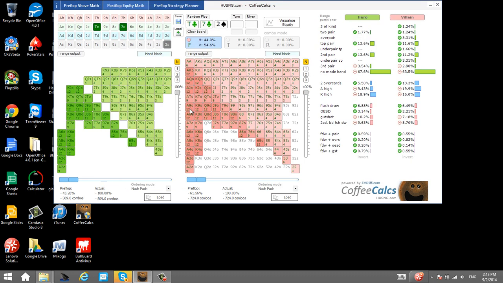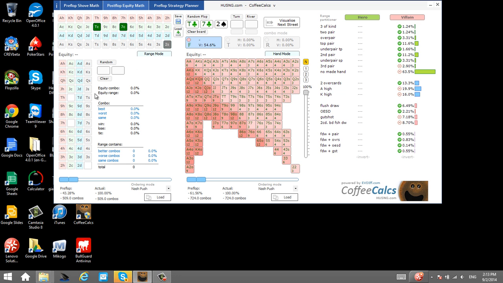And so now the most important thing that you can start, and I should mention another thing: while CoffeeCalcs is mostly built for range versus range sort of thinking, you can switch it into hand versus range as well. And so if you click one of these into hand mode, it'll switch to doing hand versus range math. And so this is where I can look at villain's range, a hand versus villain's range, and think,